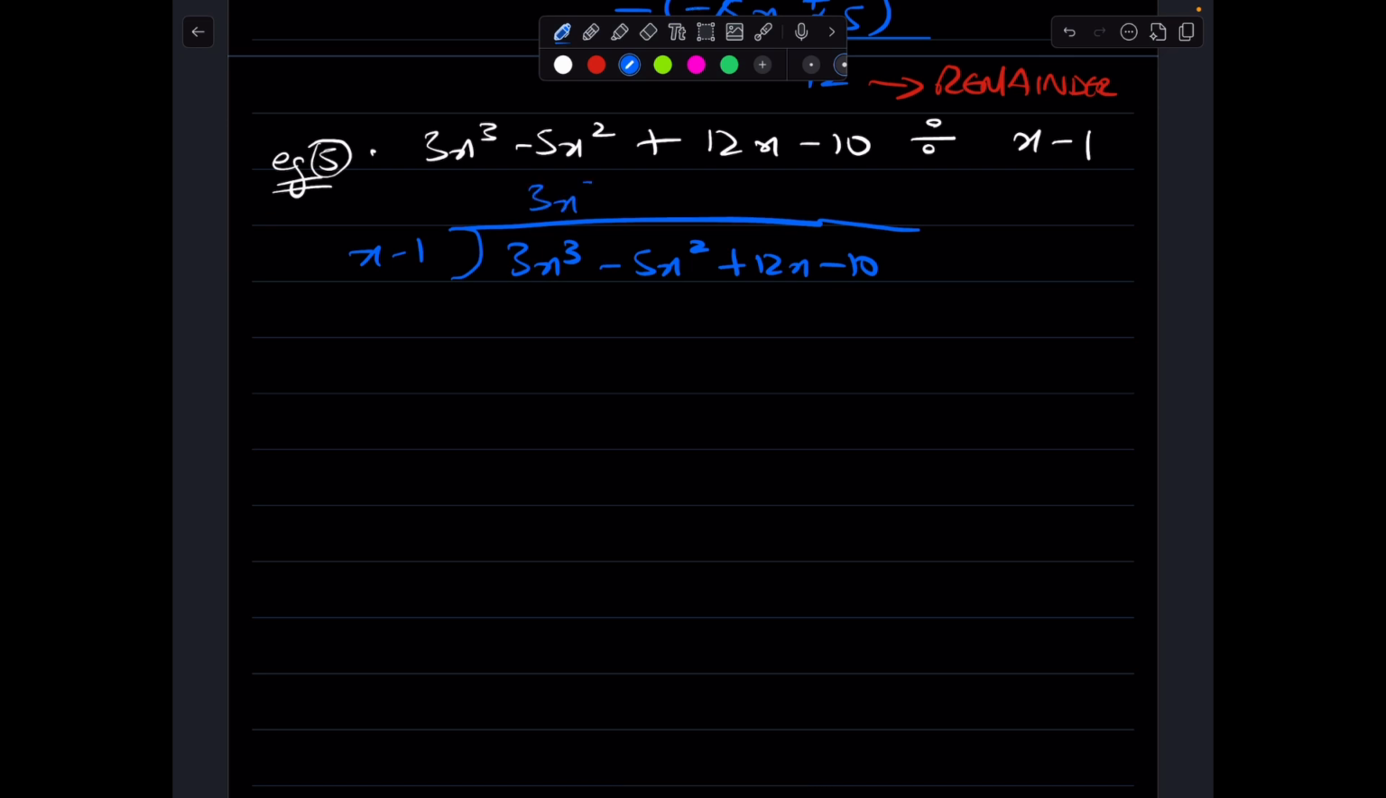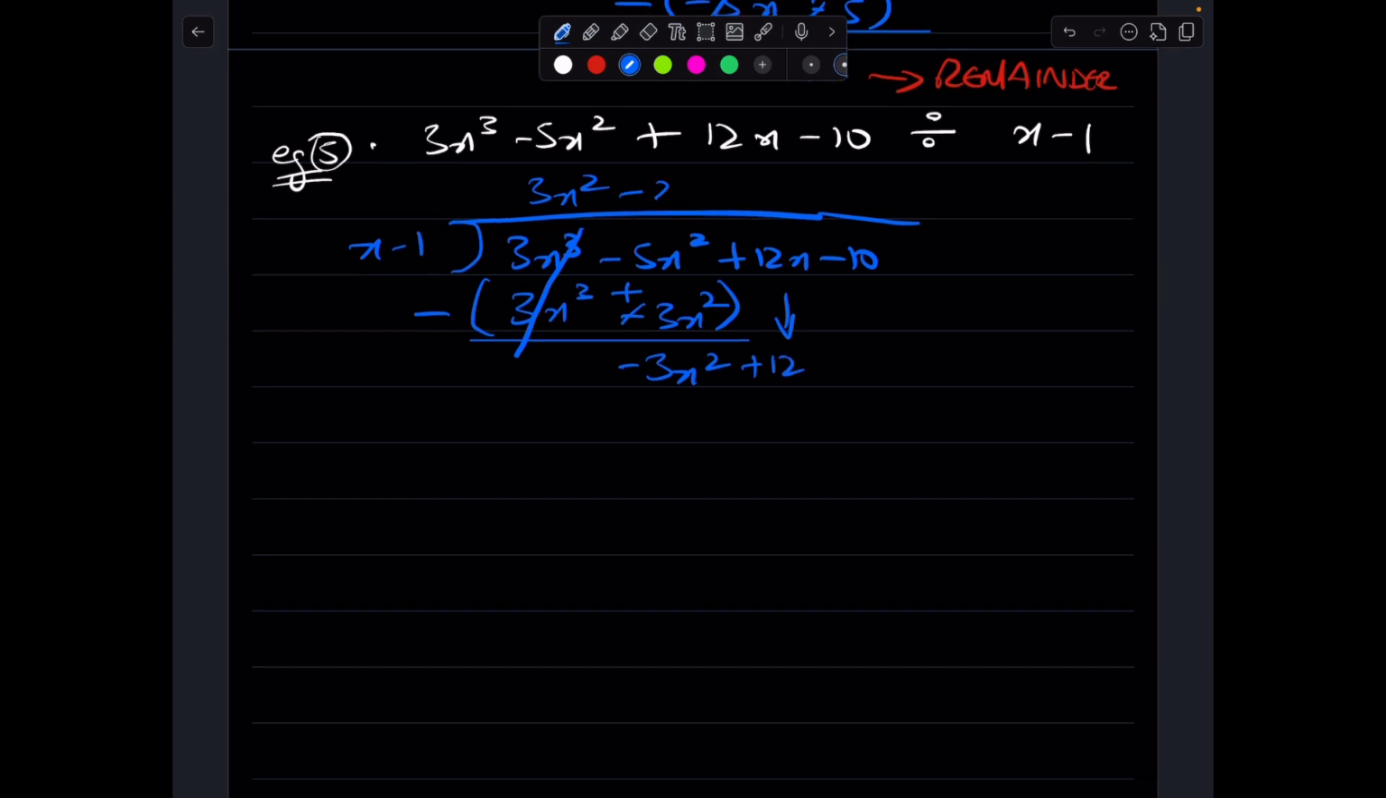So we have a 3x squared here and a 3x cubed minus 3x squared here. The sign of minus 3x squared changes as we subtract the whole thing. 3x cubes cancel out and we have a minus 3x squared here. We bring the plus 12x down and we multiply x minus 1 by minus 2x. So we'll have a minus 3x squared here and a plus 2x here. We subtract the whole thing, the 3x squares cancel out, the sign of plus 2x changes,